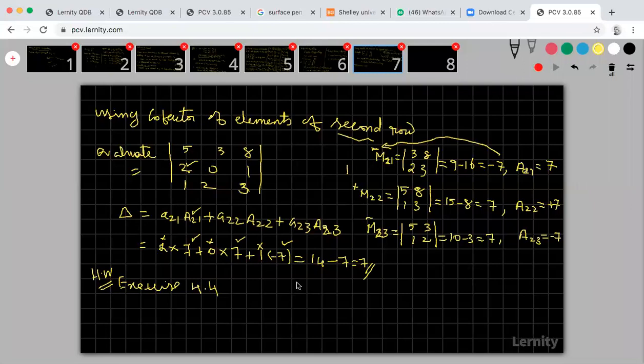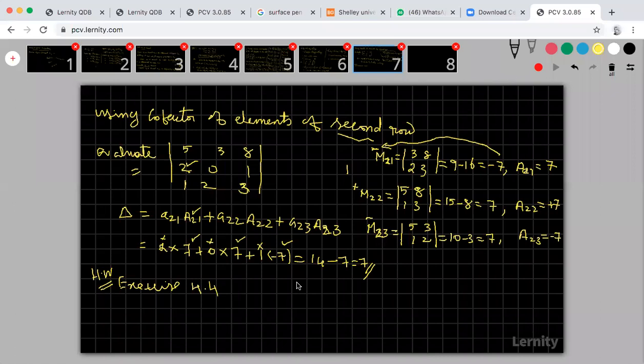So why, when the question is only to evaluate the value of the determinant, are we finding minus signs, why are you finding cofactors, why are you applying this formula? We already know the formula for the determinant by expanding along R1, R2, R3, C1, C2, C3. We have 6 ways. But look at the question. If they are asking simply to evaluate, you can use any one of the methods.